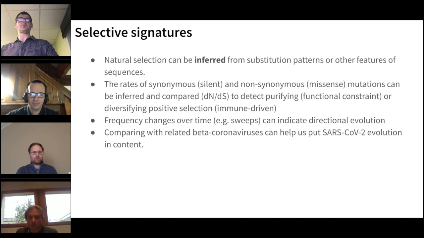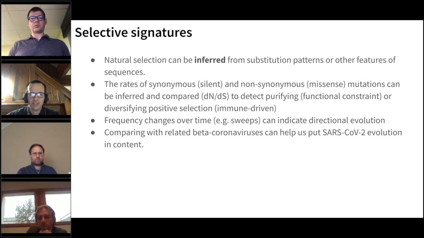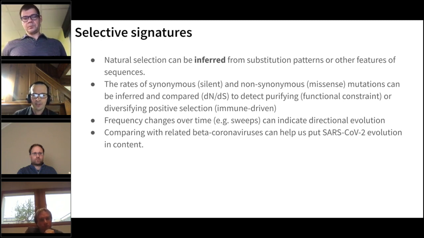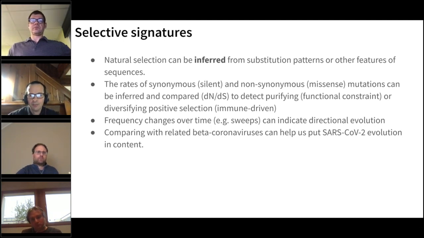We use standard techniques that we've spent a lot of time developing and testing in other living organisms. The rates of synonymous, or silent, and non-synonymous, or missense, mutations can be inferred and compared through the quantity called dN/dS to detect either purifying selection, which is subject to functional constraint, or diversifying positive selection, for example, immune-driven. We can also look for frequency changes over time to identify selective sweeps that can indicate directional evolution. This is something you would expect, for example, in